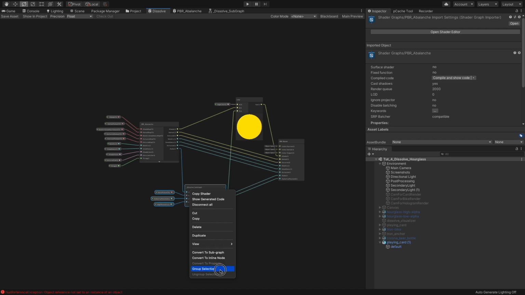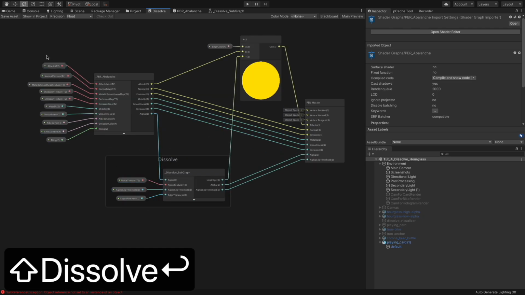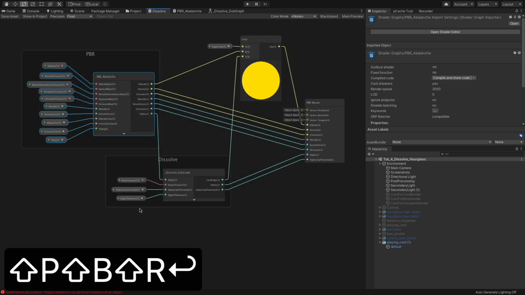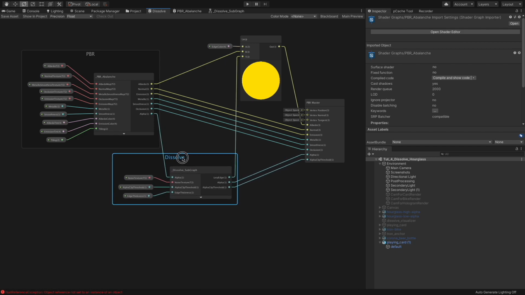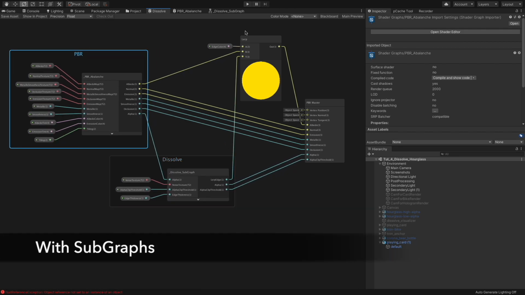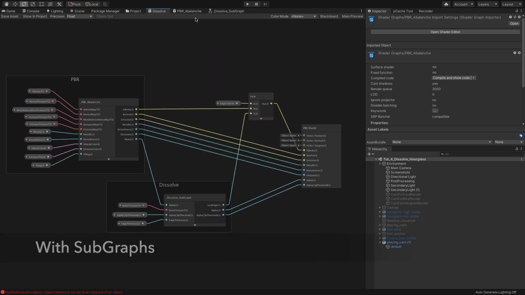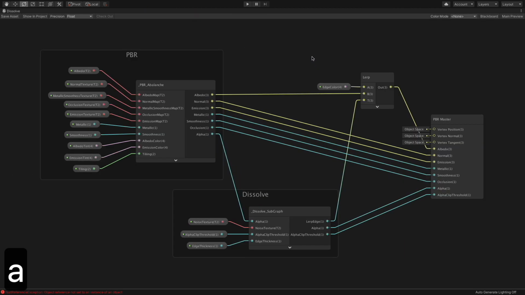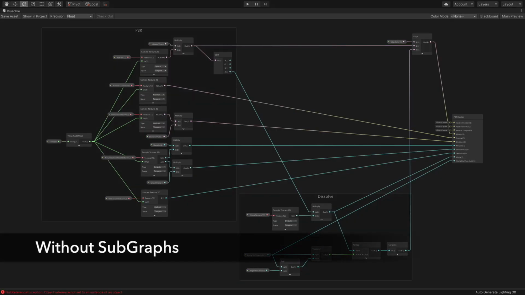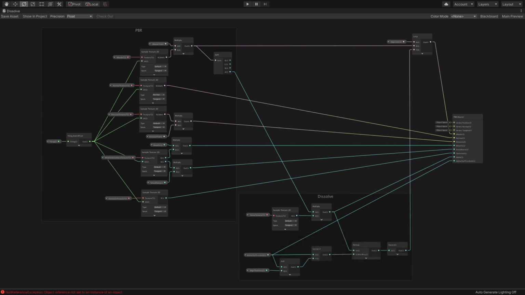See the shader graph with these two subgraphs on the screen? Anytime you look at this graph, you know that this shader includes two big parts. Some nodes deal with PBR properties, and the other nodes perform the dissolving effect. It's easy to follow and ready to be upgraded. Imagine making a new shader from scratch to support all of these features. Both the volume of work and the final graph will give you long nightmares.